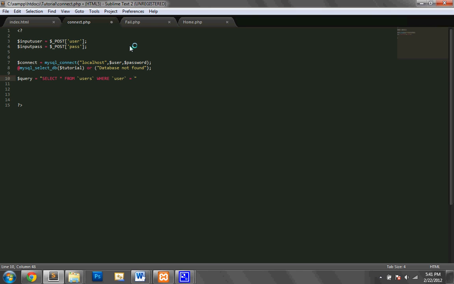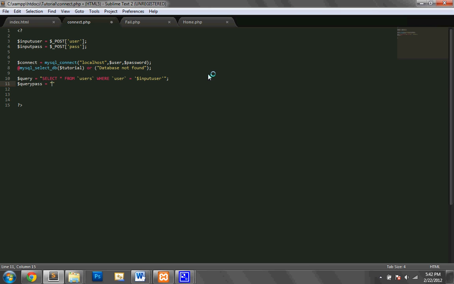So basically it's just going to query any data, and it's going to try to get a result where this value here is equal to this one. So that's pretty good, and actually you need to put this in, I'm not sure if you have to do that, but I think you do, so you might as well do it. And then query pass, you basically do the same thing,